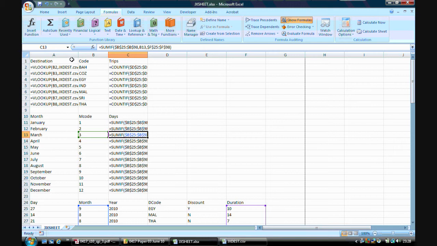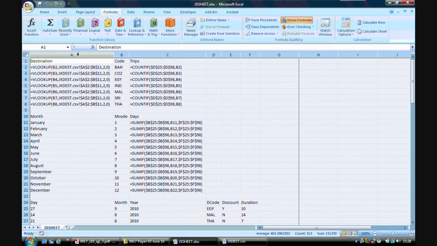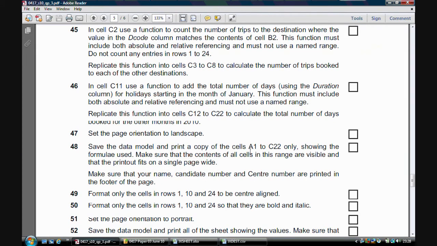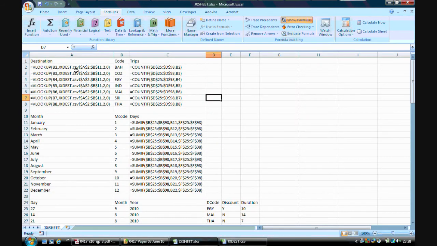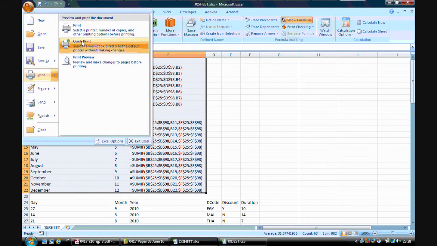So an easy way, rather than making each column bigger individually, select the spreadsheet from here, double click on one column, and it automatically resizes everything so it fits nicely. I have to select the cells A1 to C22 and print these cells only. So select A1 to C22, office icon, print,